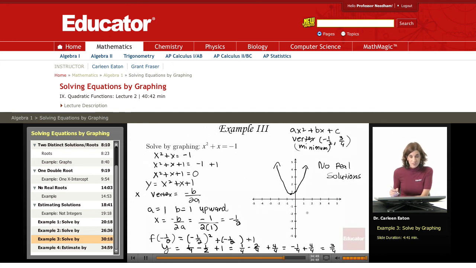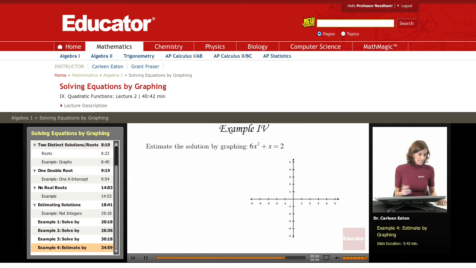If it will not, then you're done. There are no real solutions. If it will intersect with the x-axis, then you need to go on and find where those points of intersection are. This time we're asked to